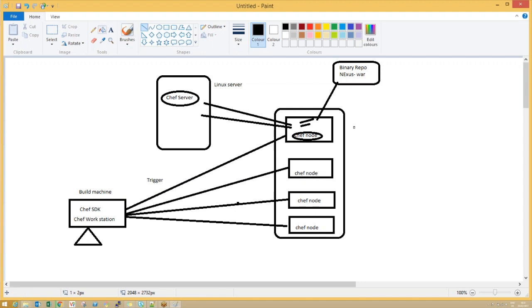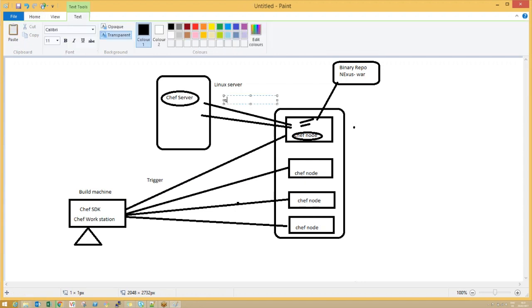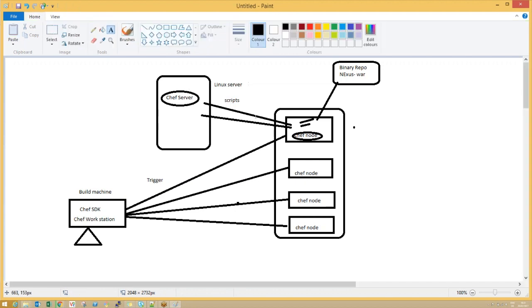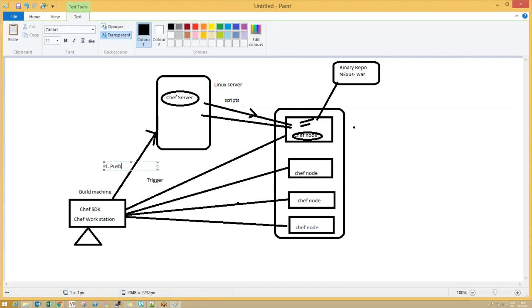Now you might be thinking how it will download the scripts from here. Who will place the scripts in the chef server? I said it will download the scripts from your chef server, right? The arrow is this side, guys. It downloads from the chef server. So these scripts you will be pushing when you develop them into your chef server. First you push your scripts to your chef server. I'll give the instructions one by one. When you develop a script, this is your first job: push